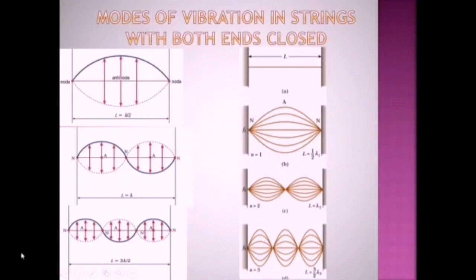When the string of a musical instrument like a guitar is plucked halfway along its length, with both ends fixed, it vibrates with an antinode at its midpoint. Here, this is the midpoint, antinode. This is known as the fundamental mode of vibration of the string. The fundamental frequency of a standing wave is the minimum frequency for a given system or arrangement. So these are some of the possible stationary waves for a fixed length of string of length L.